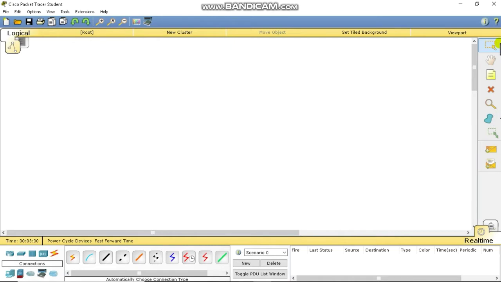Today we are going to talk about how to configure SSH (Secure Shell) in Cisco switches. First of all, we need to know why we need to configure SSH. If we configure SSH in my switch, then we can access any data by CMD and remotely access. So let's start how to configure SSH. Create a small network.